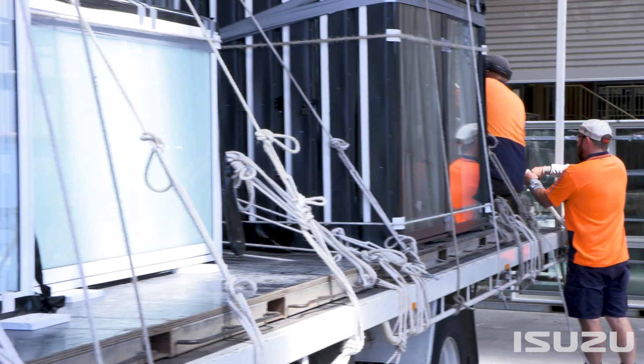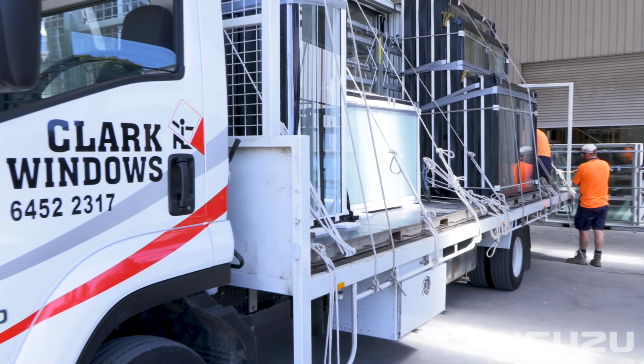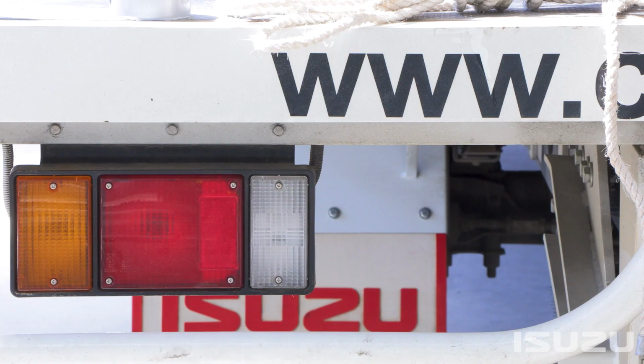So all the maintenance is done by Webster's Trucks, so it could be Hobart, Launceston or Burnie. So wherever the closest point that we go, we'll book the trucks in there. And obviously we have the service agreement with them on every truck. The fact that we have the trucks for 4 years, the fact that it's been documented, we have extended warranty, so to speak, we find it very, very good for our